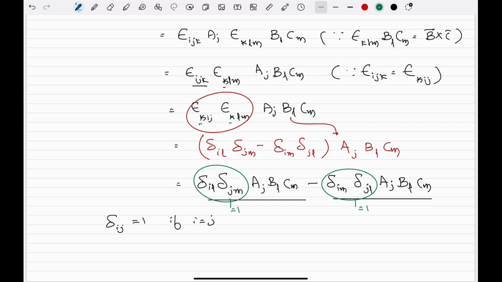When will they be unity? δIL into δJM is equal to unity if δIL is equal to 1 and δJM is equal to 1, or if